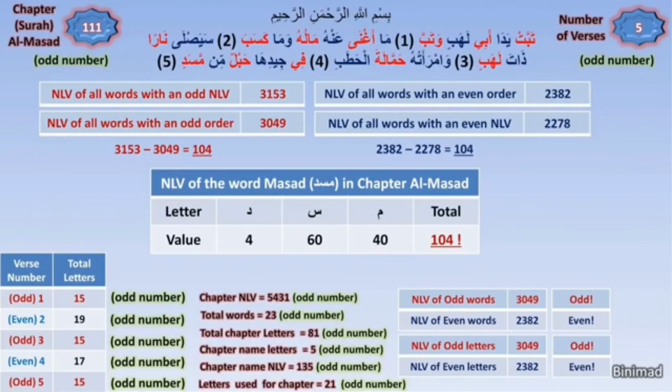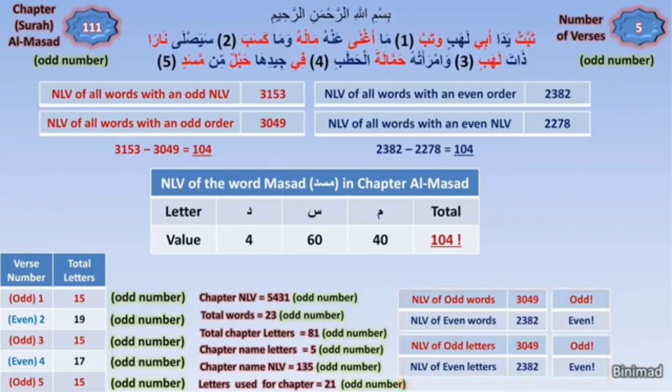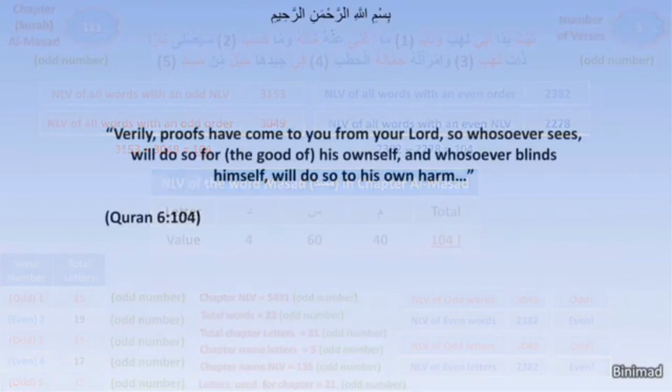How can the total numerical letter value of all even words be exactly equal to the total numerical letter value of all even letters, and the total numerical value of all odd words be exactly equal to the total numerical value of all odd letters? This is humanly impossible. Words fail to describe this, and all we can do is go to this verse 104